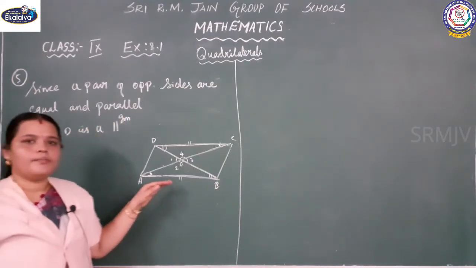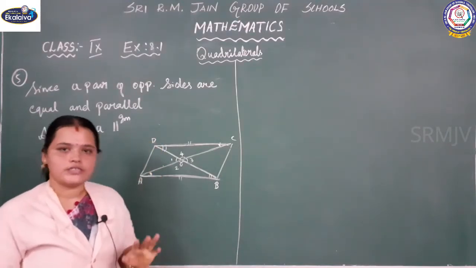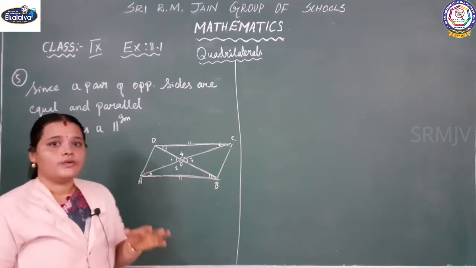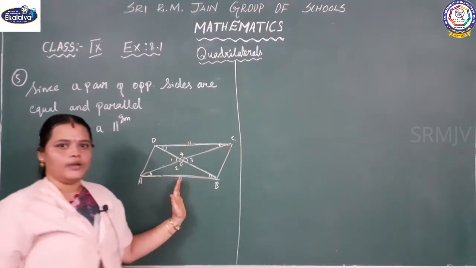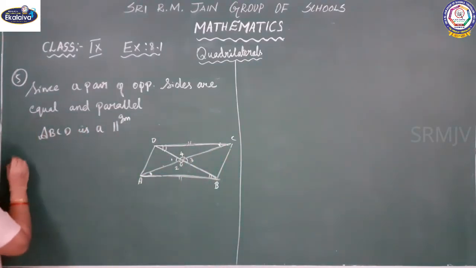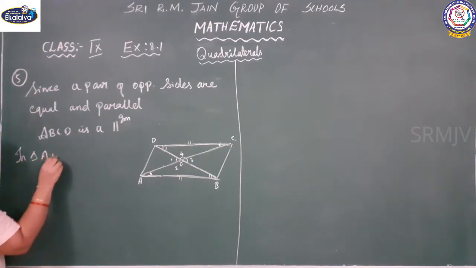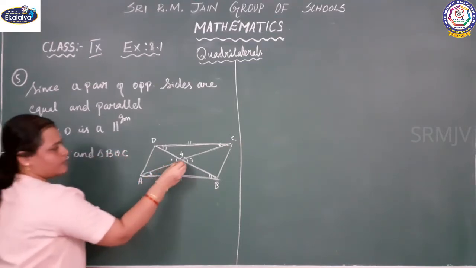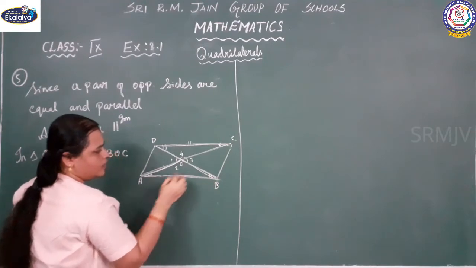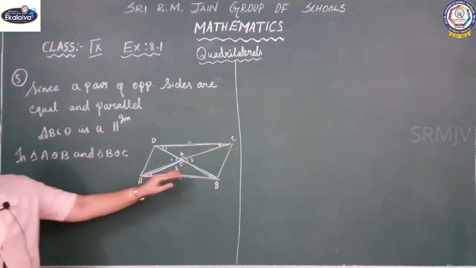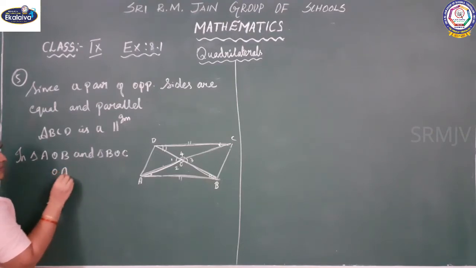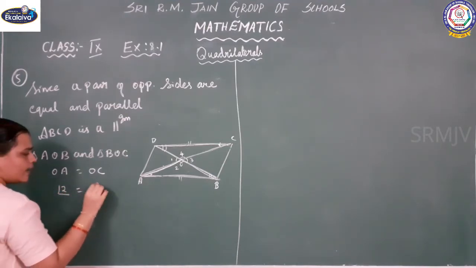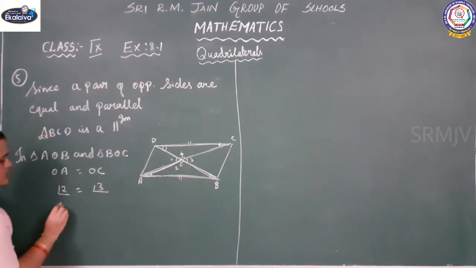So we have proved that this is a parallelogram, but actually we have to prove it as a square. So I am going to next prove this as a rhombus. To prove a parallelogram as a rhombus, we need to show that adjacent sides are equal. So take two adjacent triangles. Now I am going to take triangle AOB and triangle BOC. Look into the diagram and tell what are all equal. OA is equal to OC and both these angles are 90 degree. So angle 2 is equal to angle 3, and you can see this OB line is common in both.